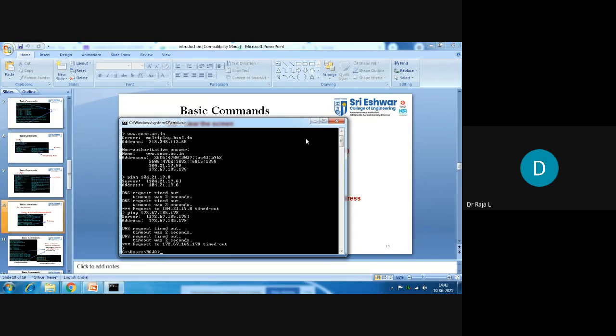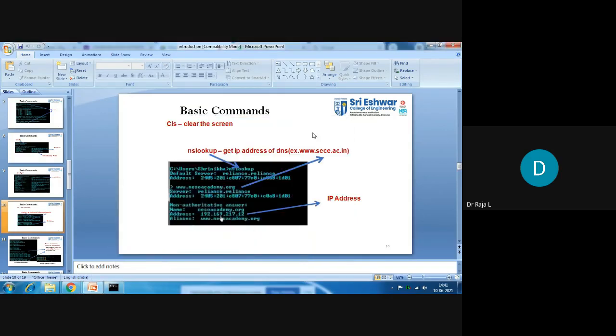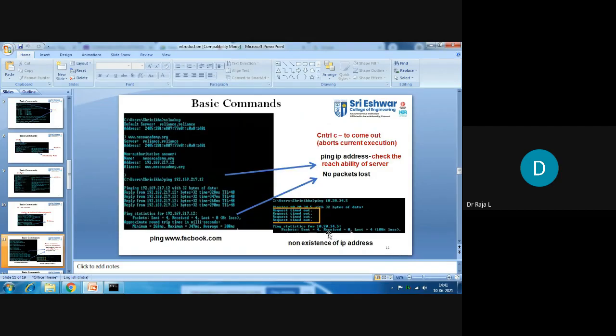So when you are able to contact it, you can see the next one. Okay, here you can see the IP address that they have gathered, that is 192.169.217.12. So when you ping 192.169.217.12, you just see the reply that is coming from that particular server.